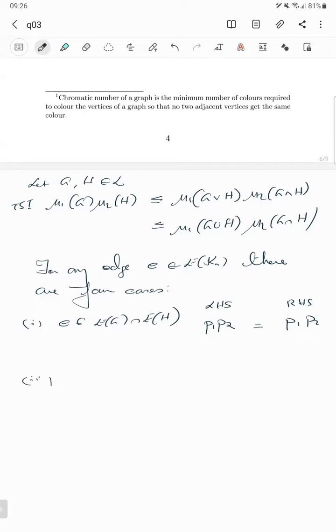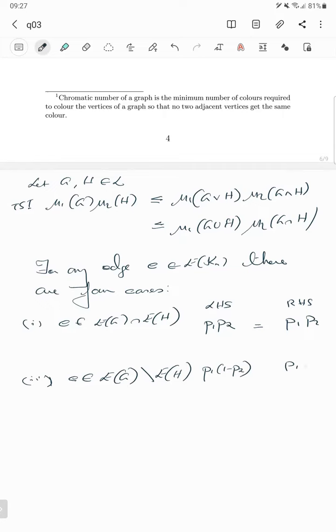Now the second case is E not in G, E in H. Oh, sorry, I wrote the other one. It is in G but not in H. Then what is in the LHS? P1 multiplied by 1 minus P2. Correct. And what is in the RHS? P1 times 1 minus P2, the same, because it is in the union. No, but it is not in the intersection, right? Yes, sir. So how did you